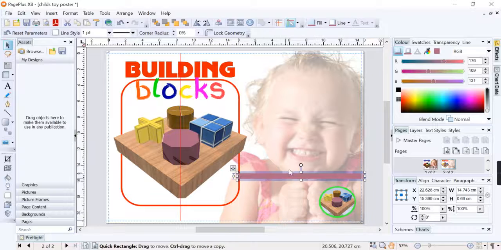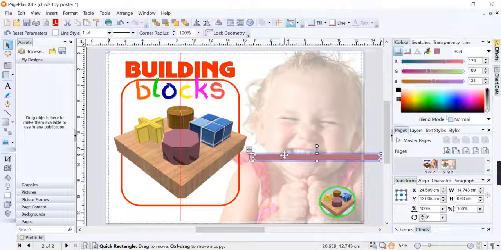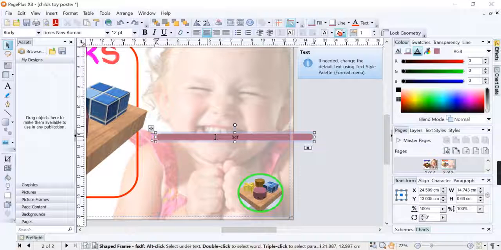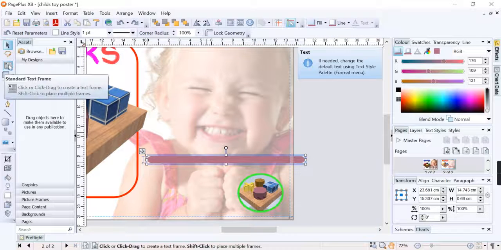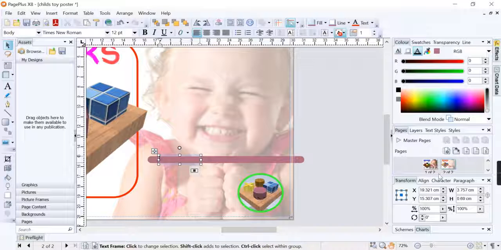There we go. Let's again try and round the corners off using the small nodes here. There we go. Now I've just moved this up here to begin with to allow me to see it a bit more easily. Let's zoom in slightly. Now we can either click on the object and begin typing, which allows you to type inside it. That's option 1. Or option 2 is normally we're going to use a text box, draw a small box inside it. Now again, it can run the full length if you want one long word or be separate words. And using this, we could have build,